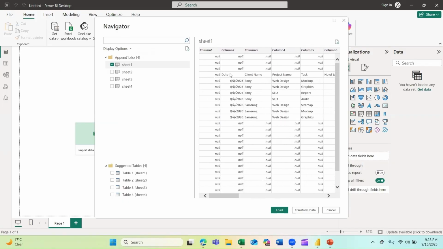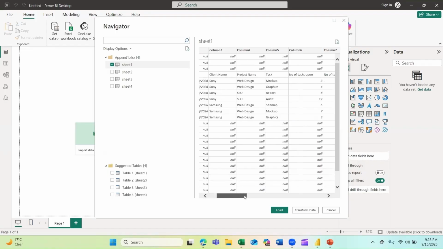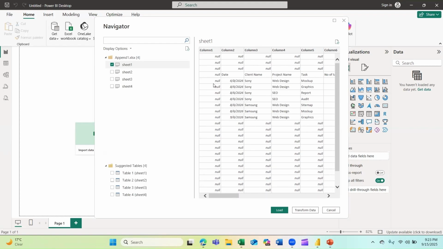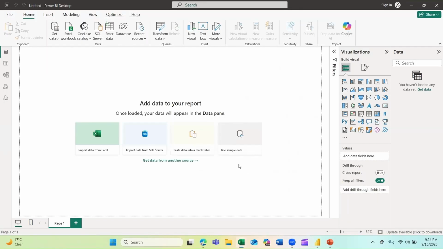As you can see, my data in the first sheet is not quite arranged well, and I have a lot of columns and cells with nothing, just empty, meaning that I have to clean everything. And to bring all my data up, I will do that now.